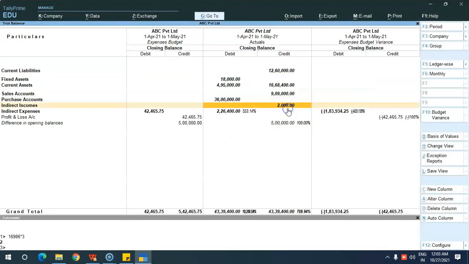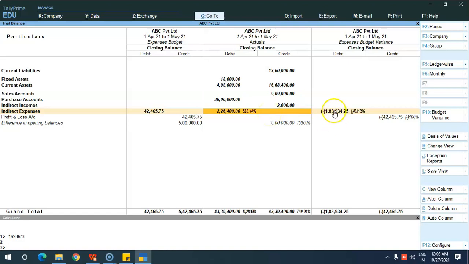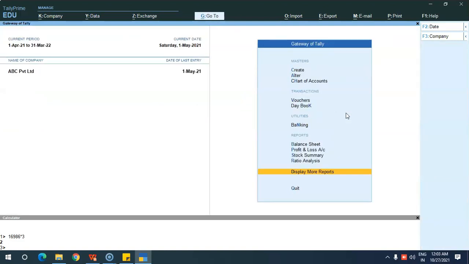If it goes beyond the budget, it will be in minus sign like this. If it is within the budget, it shows the balance in plus sign. I have already entered so many transactions, so it shows the minus sign. This is how you fix the budget. Not only for salaries, for each expense you can fix the budget before you start the business transactions. So this is the budgets.